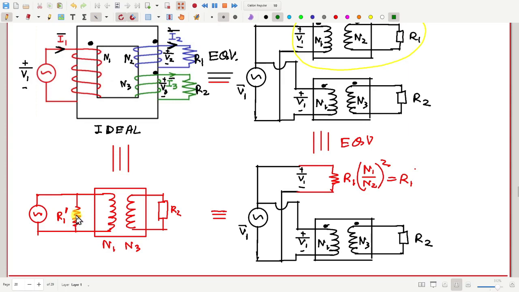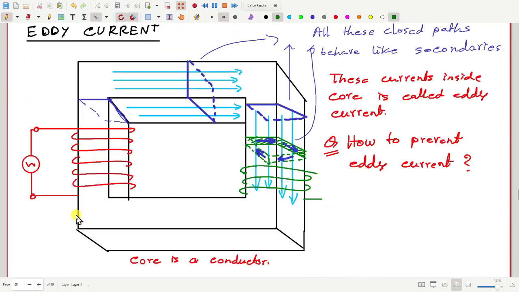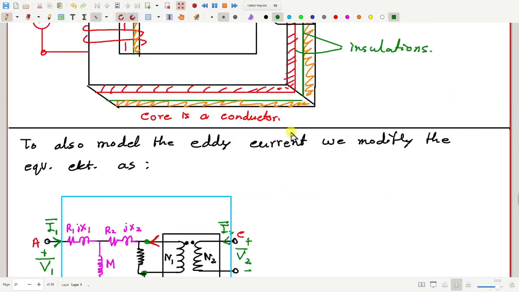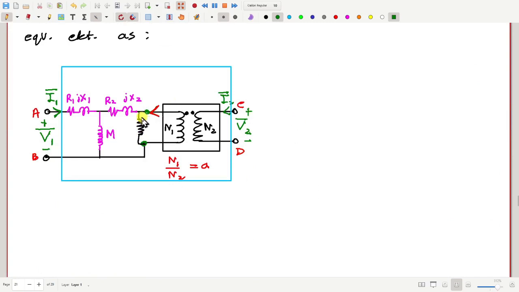Similarly, if I consider these eddy current secondaries and want to model them, I have to put one more resistance on the primary side. Approximately, and now the question is whether it is here or exactly where to put it. I will not go into that detailed analysis at this point. I don't want to go into more detail. So I will just put one more